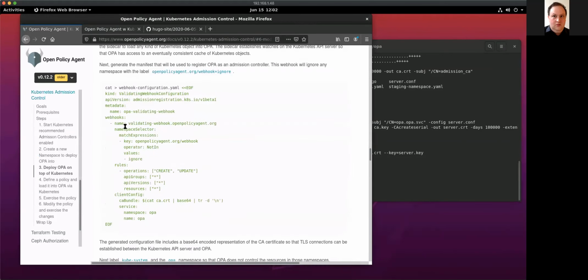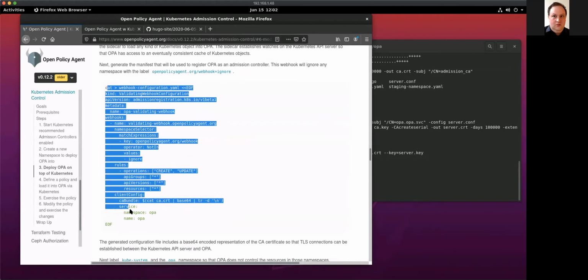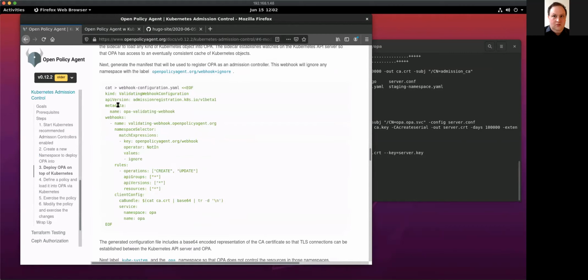The next thing I have to do is create the webhook configuration. The webhook configuration basically ties the creation of resources to the admission controller. This is one of the files that I do need to copy in its entirety